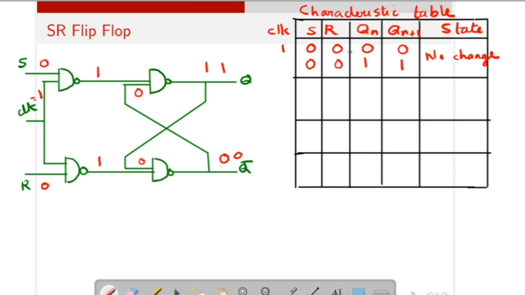So when S is equal to 0 and R is equal to 0, the next state is always the same as that of the previous state. Clear? No change for the state. Then next we consider